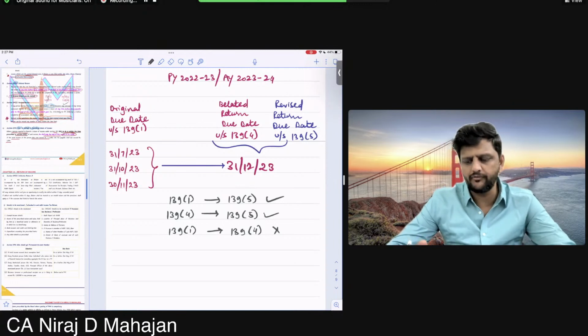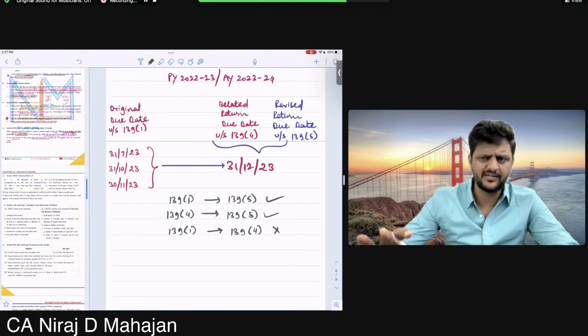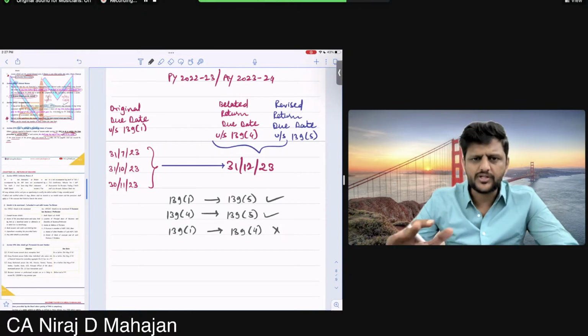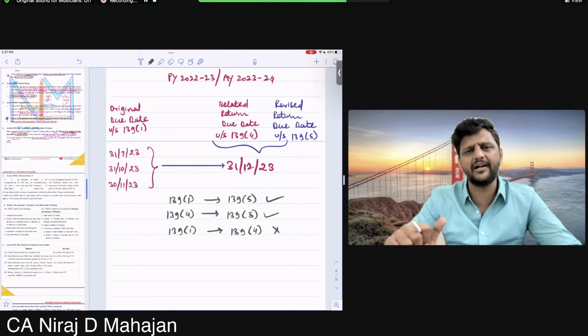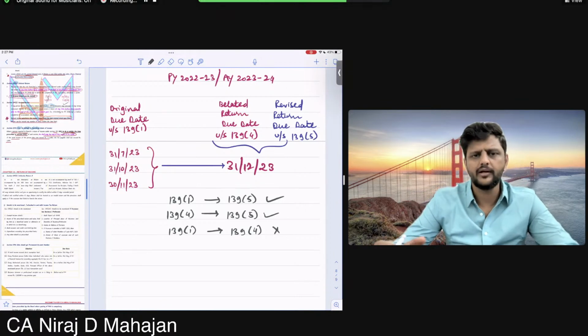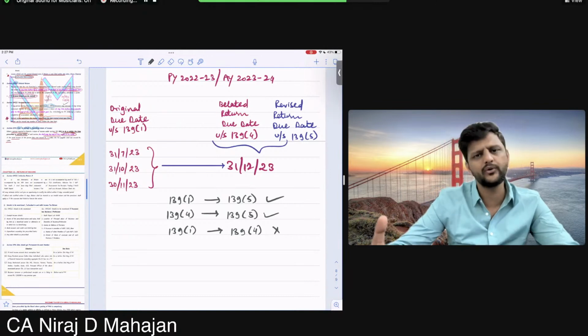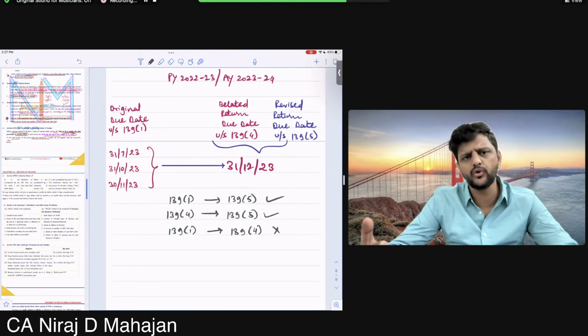139(1). Which have you filed, bachcho, within original due date? Yes. Can you revise? Yes. If you filed belated 139(4), can you revise? Yes. So just understand, whenever you reach the word revised, that means originally there has to be some return filed, under either 139(1) or 139(4). And can you have both of them, bachcho? Use logic now. No. If you have already done it within the original due date, then why will you again file belated return, na bachcho?